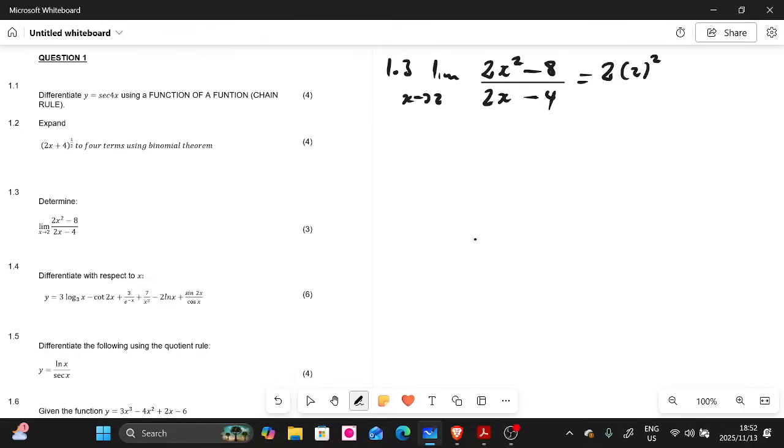2 to the power of 2 minus 8 there, divided by, right? This one you have 2. Wherever there's x, substitute with 2, and minus 2. As you can see, on the numerator we have 2 multiplied by 2 to the power of 2, that is going to give us 8 minus 8, that is going to be 0. And divided by, we have 2 multiplied by 2, that is 4 minus 4, that is going to give us 0. So 0 over 0, this is going to give us infinity.